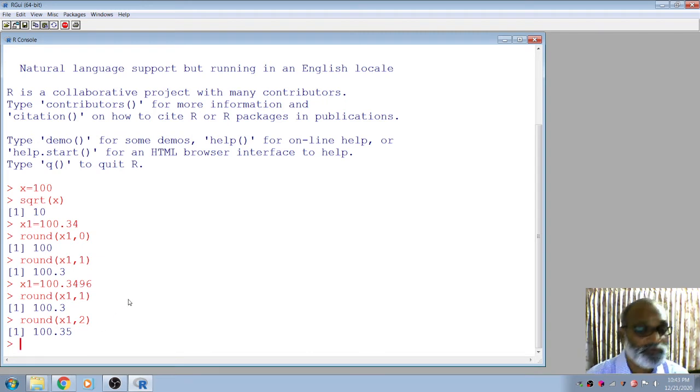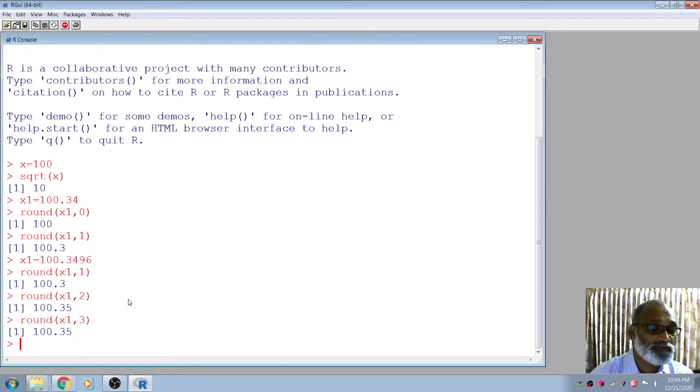Suppose you put 3, what will happen? The result will be 3 point 0. So this 0 is in the decimal places, so it won't display. Okay, so likewise you can use the commands round, square root, and also if you want to use the product,